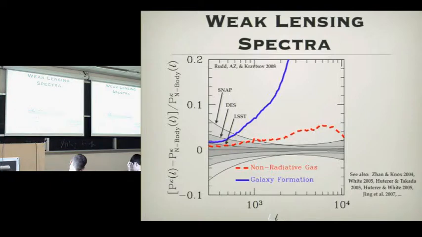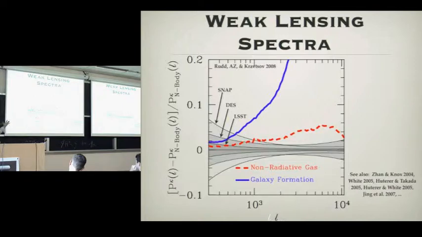Okay. If you look at the galaxy formation simulation, you have an enormous enhancement in the power. Okay, and that's this blue line here. And that's basically because you're forming a galaxy inside that halo. And it's rearranging matter, in fact, on very large scales. Okay, and I'll come back to that. So the basic point is that compared to the statistical errors of some of these future next generation experiments, these effects are large, okay? Kind of obviously large.